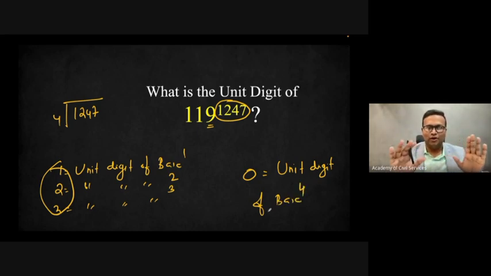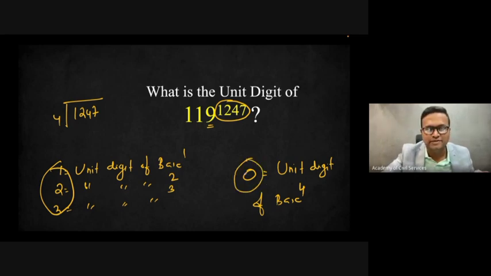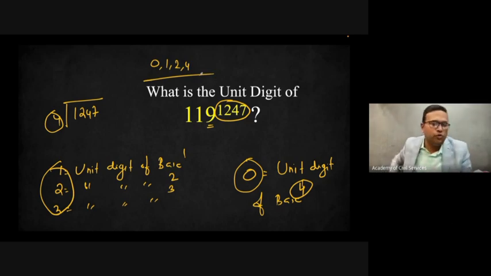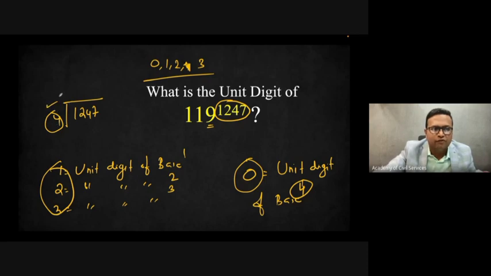Is it clear? Only one thing you have to take care. Whenever 0 comes, it is not unit digit of the base power to 0, power to 4 will be there. Obviously, when you divide a number by 4, there are only 4 chances of the remainder. Either 0, 1, 2 or 3 will come as remainder. When you divide any number with 4, 4 or above will not come as a remainder. The number coming as a remainder will be smaller than 4, that is 0, 1, 2, 3.